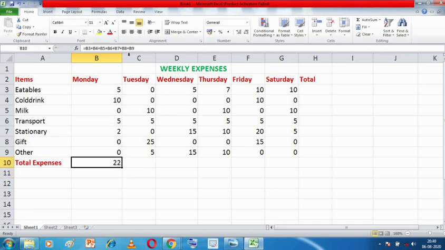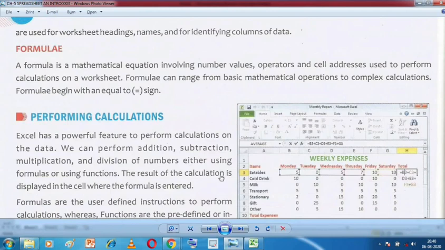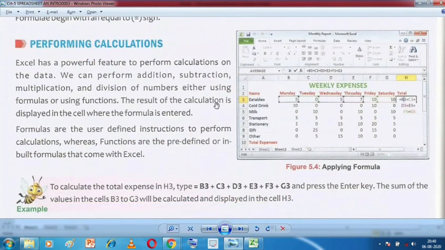Suppose this is the cell where I inserted the formula. This formula is giving me the addition of all these cells from B3 to B9. Yes or no? Now, if I click on this cell, it will show me the total of all these numbers which are present in these cells, but in the formula bar, it will show me the formula that I have entered. So this is how you enter a formula. So there are three types of data that can be inserted into a Microsoft Excel worksheet.